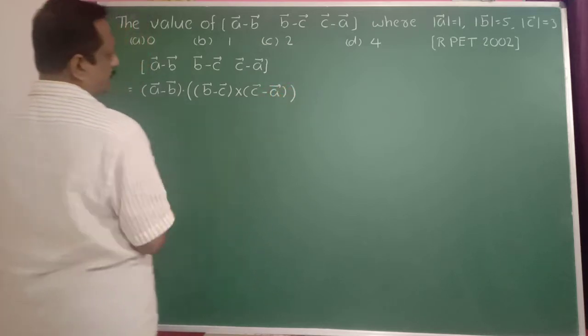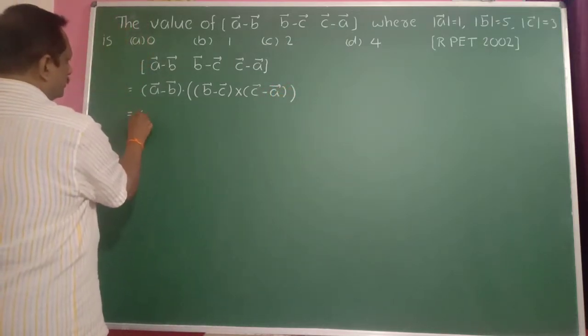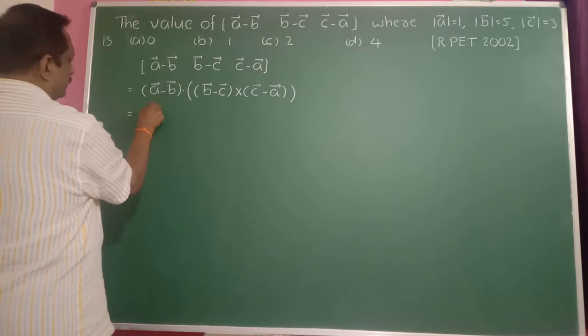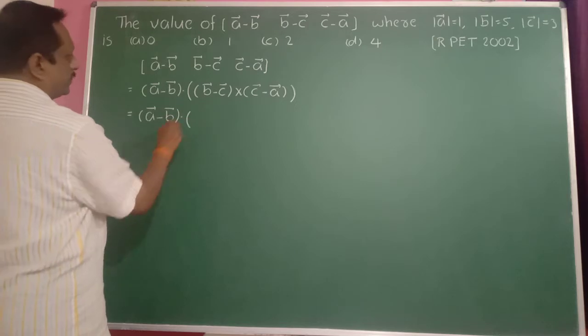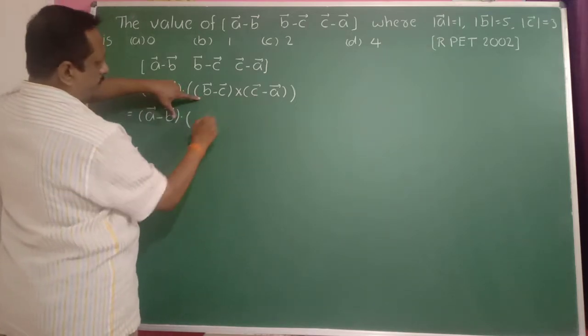Therefore this equals (a bar minus b bar) dot, here, b bar cross c bar,